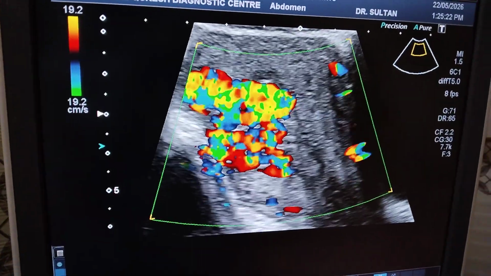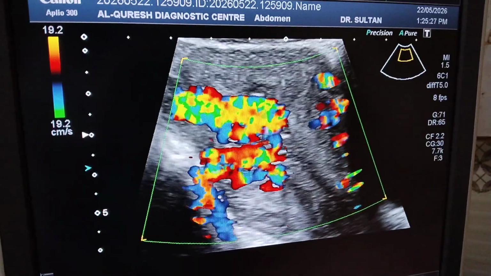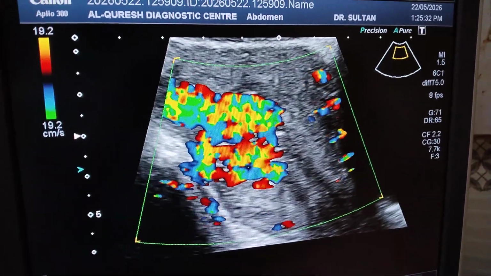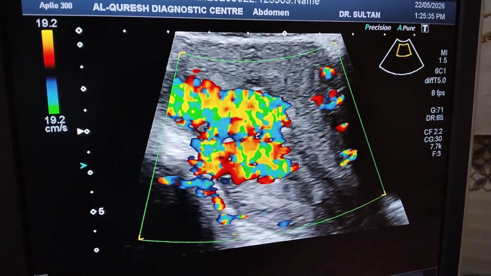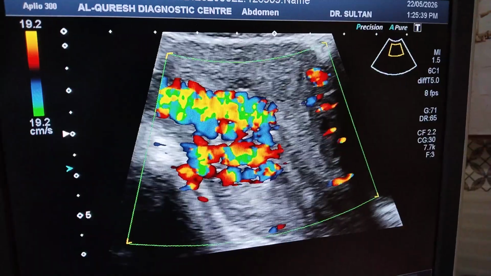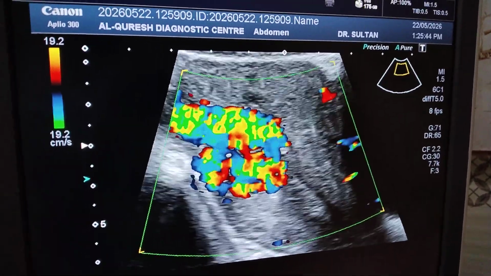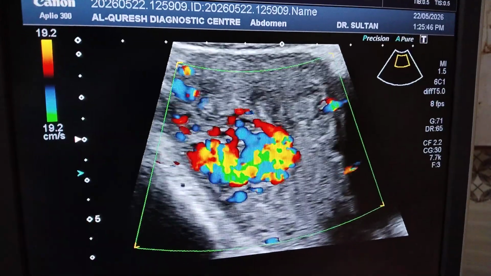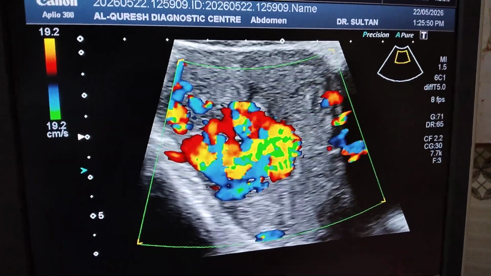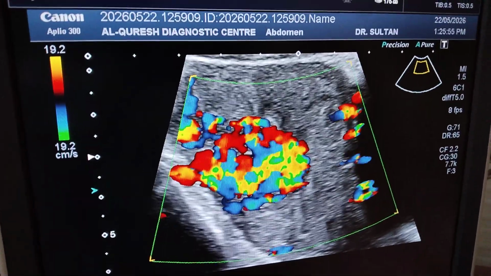Actually, there is a capillary bed between the arteries and the veins. We can say that arteries, then arterioles, then capillaries, then venules, and then veins. So this is the normal channel in the vessels. But when there is a failure of formation of capillary bed between the arteries and veins, then